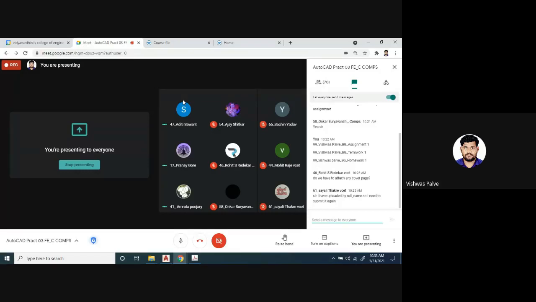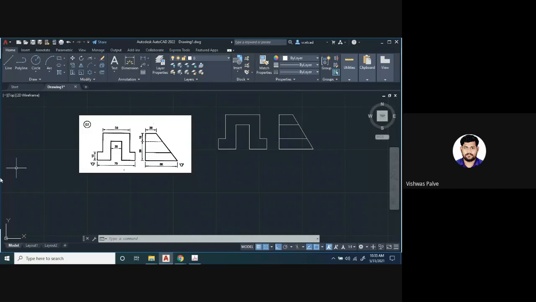Okay. And please take care that you have to save that AutoCAD file for future reference. Suppose you have submitted the assignment, don't delete that file, because in that same assignment I will give some modification. So suppose assignment 1 is on drawing, right? Suppose you have drawn this. Assignment 1 is for drawing. The second assignment will be for dimensioning.